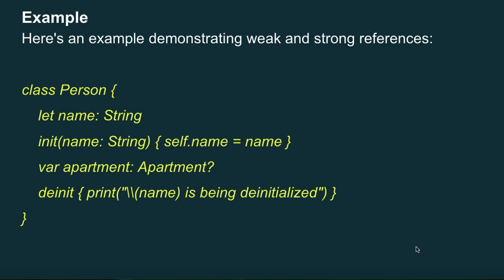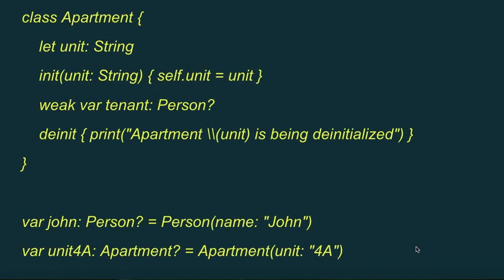class Person { let name: String; init(name: String) { self.name = name }; deinit { print("\(name) is being deinitialized") } }. So this is another class, Apartment. class Apartment { let unit: String; init(unit: String) { self.unit = unit }; weak var tenant: Person?; deinit { print("Apartment \(unit) is being deinitialized") } }